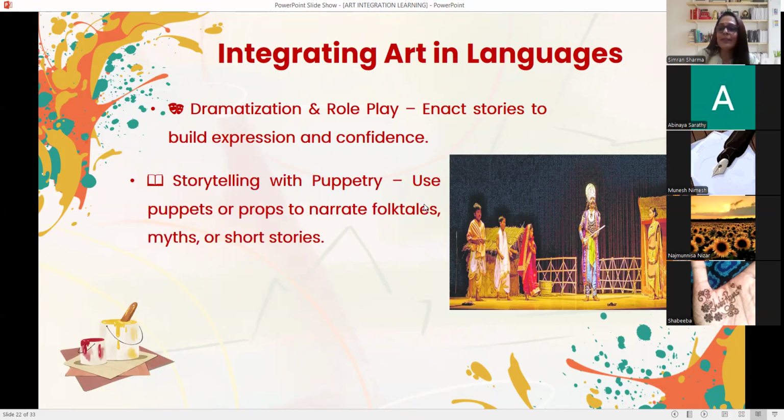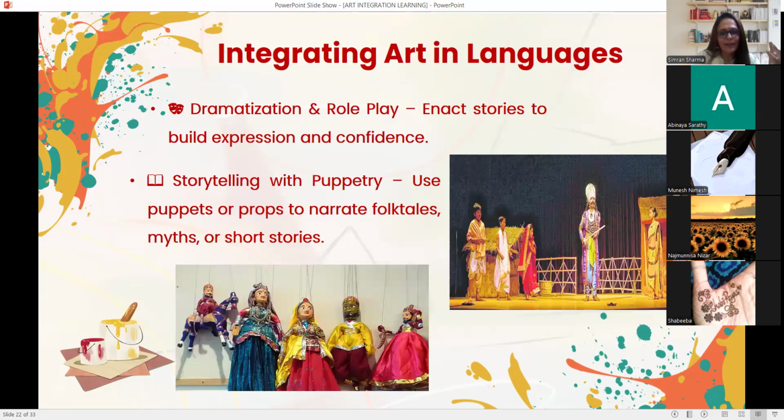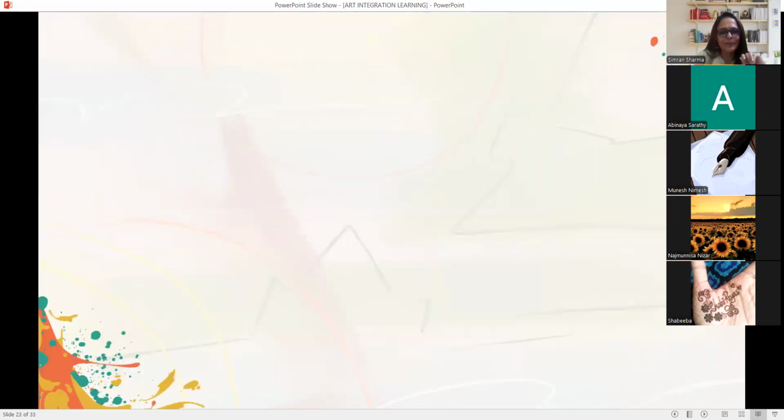Then storytelling with the help of props, different props like puppetry. That can be performed by students. So when they play with the puppets, they are learning a new skill. And if you ask them, they will create their own puppets. I've done it for my project. The puppets are talking about plastic pollution in our water bodies. So everybody loved it, and they performed their part beautifully, and they made their own puppets also.